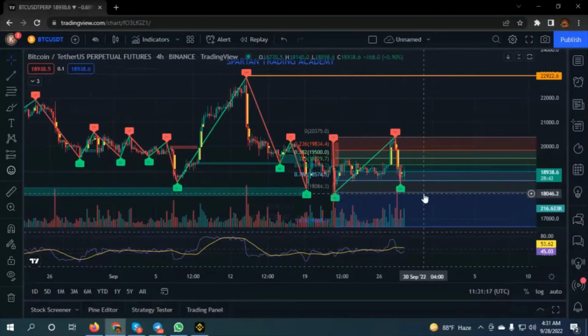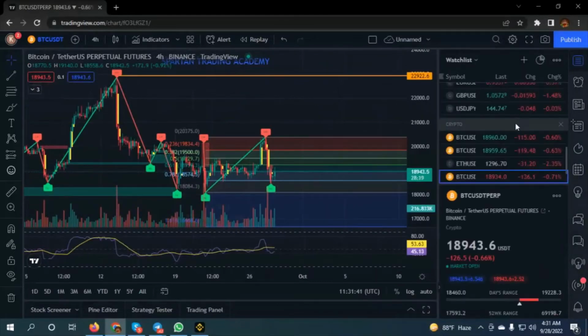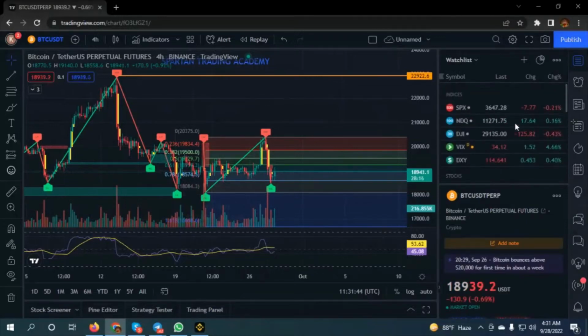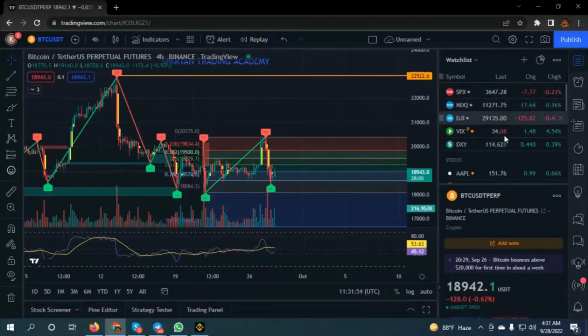If we break this higher low, then we can see a lot of bearish movement in this crypto market, and we fail at this resistance only. We can reach 20,500 but we can't go there. So this time we can follow that all markets worldwide are going down: SPX, Dow Jones, Nasdaq, DXY.